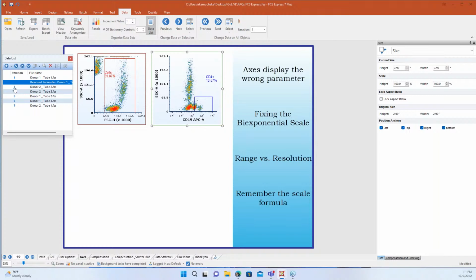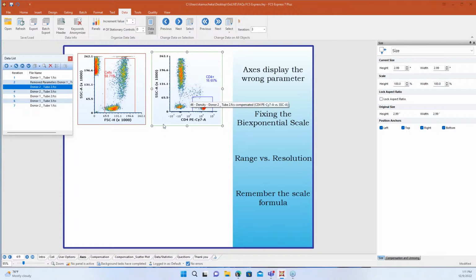All right, and now the next one I've seen a lot is talking about our scales. When we look at our data files, we want to make sure that we're looking at all of our data files through the same scaling. What can happen is that when you bring your data into FCS Express, it does an automatic feature. So it adjusts it so that you can see it as best as you can here.